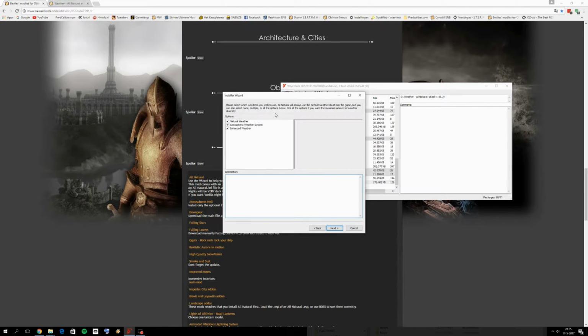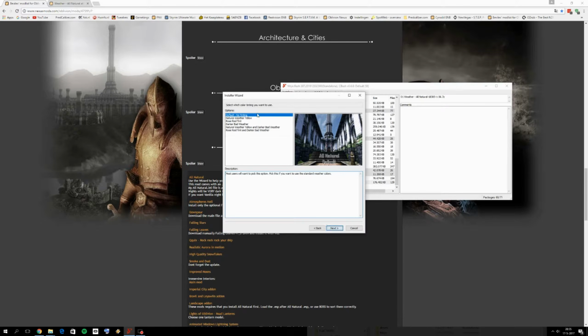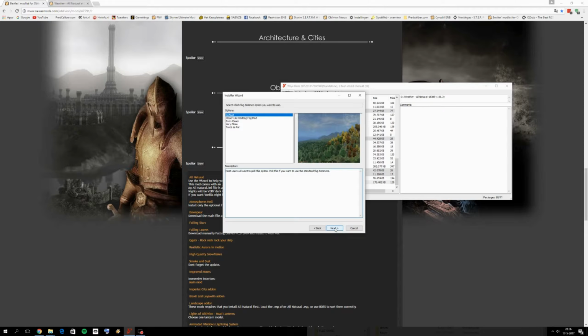Please select which weathers you wish to use. All Natural will always use the default weathers, but pick all the options if you want the maximum amount of weather diversity. Yeah, sure, we want that. Click on next. With tinting, it's pretty much your choice. I'm just going to go with the default choice. The fog,